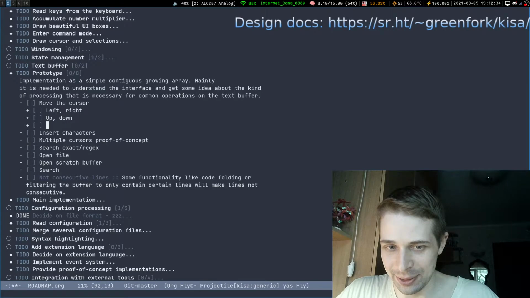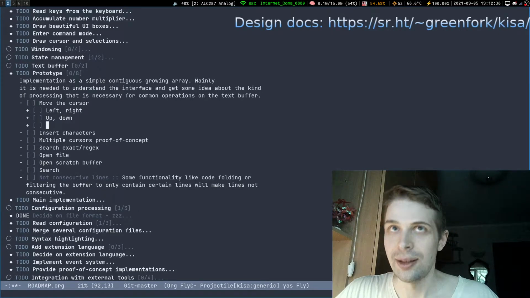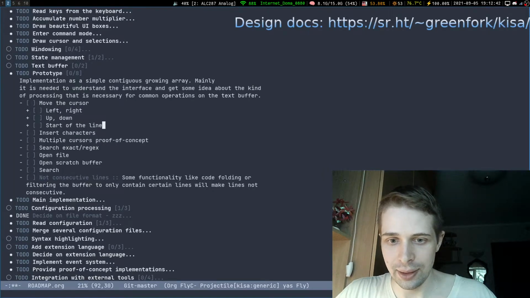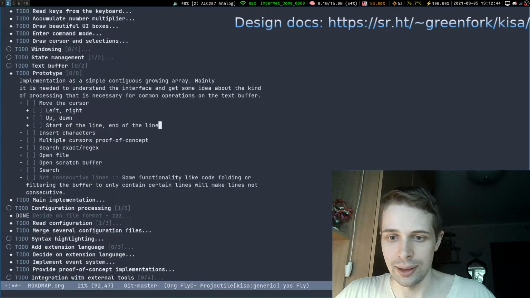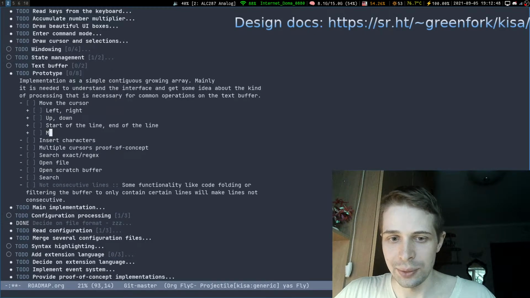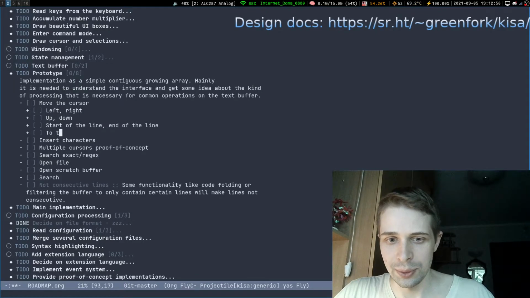And we will do move to the start of the line, move to the end of the line, and maybe just one more: to the first non-empty character of the line.